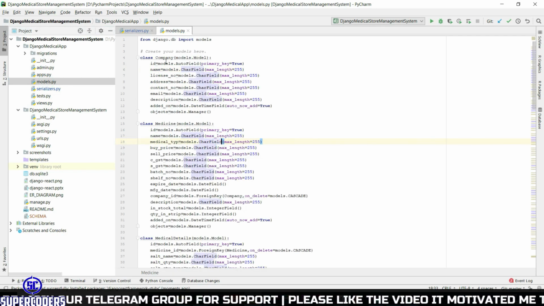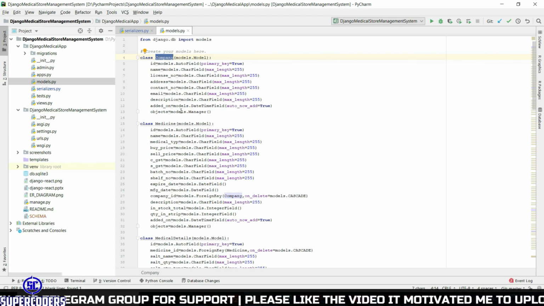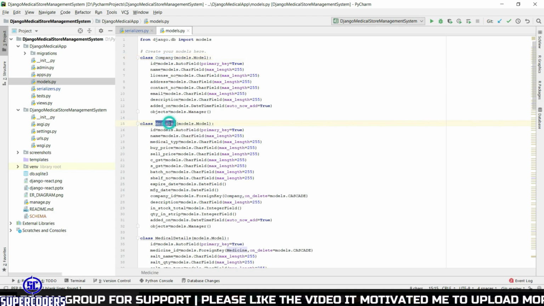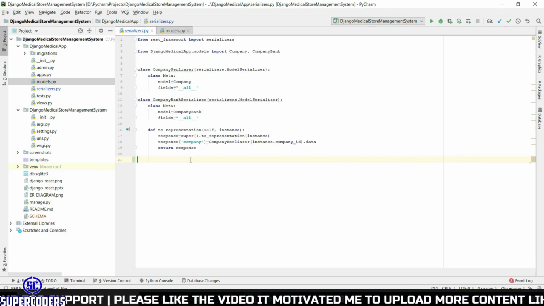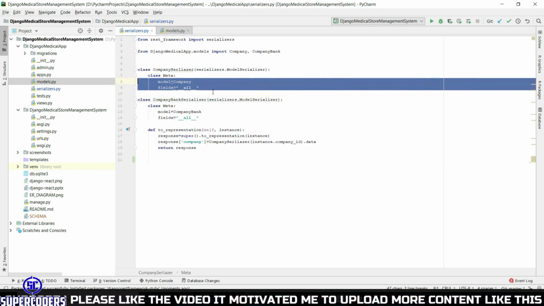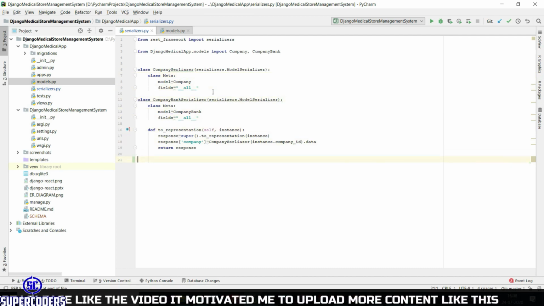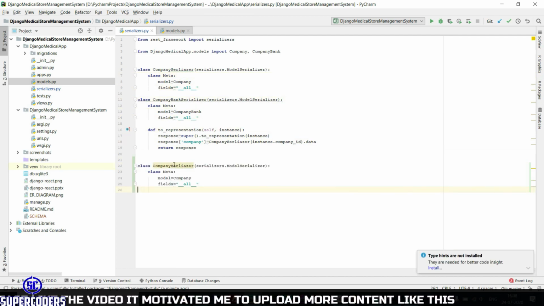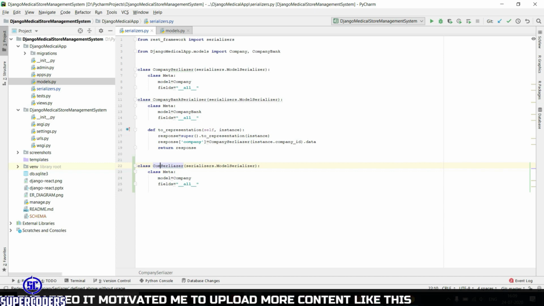I already created the company model, so we don't need to create it again. Now let's create the medicine serializer. Copy this name again and copy this class first, and change this to medical serializer.